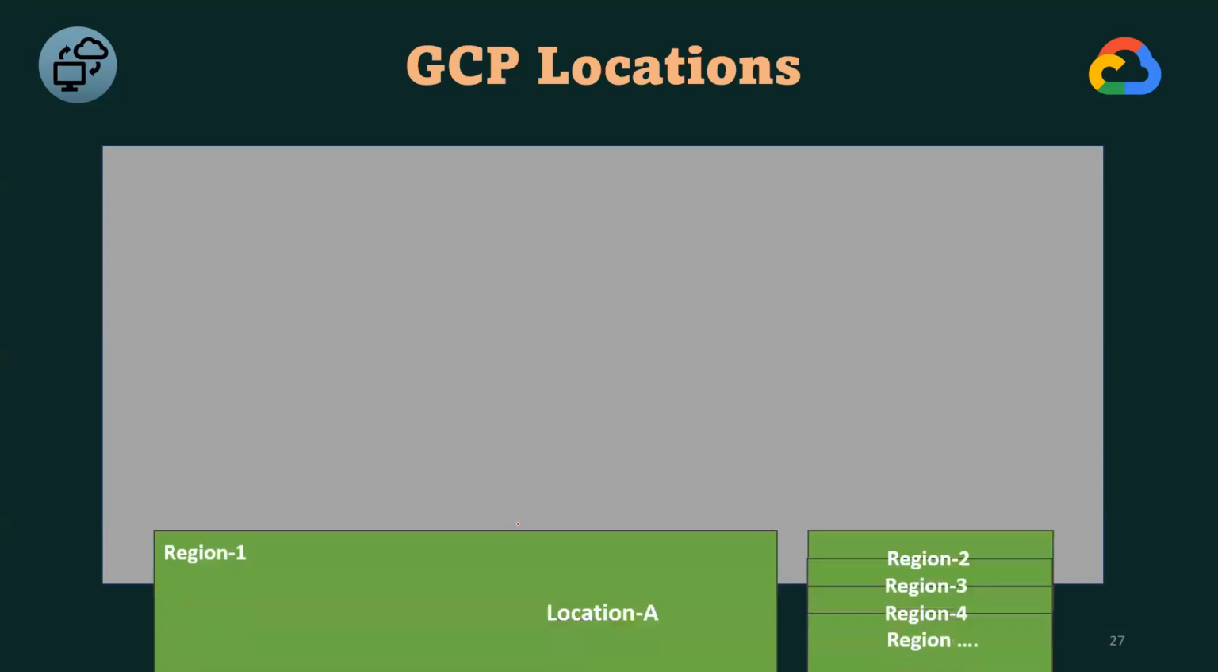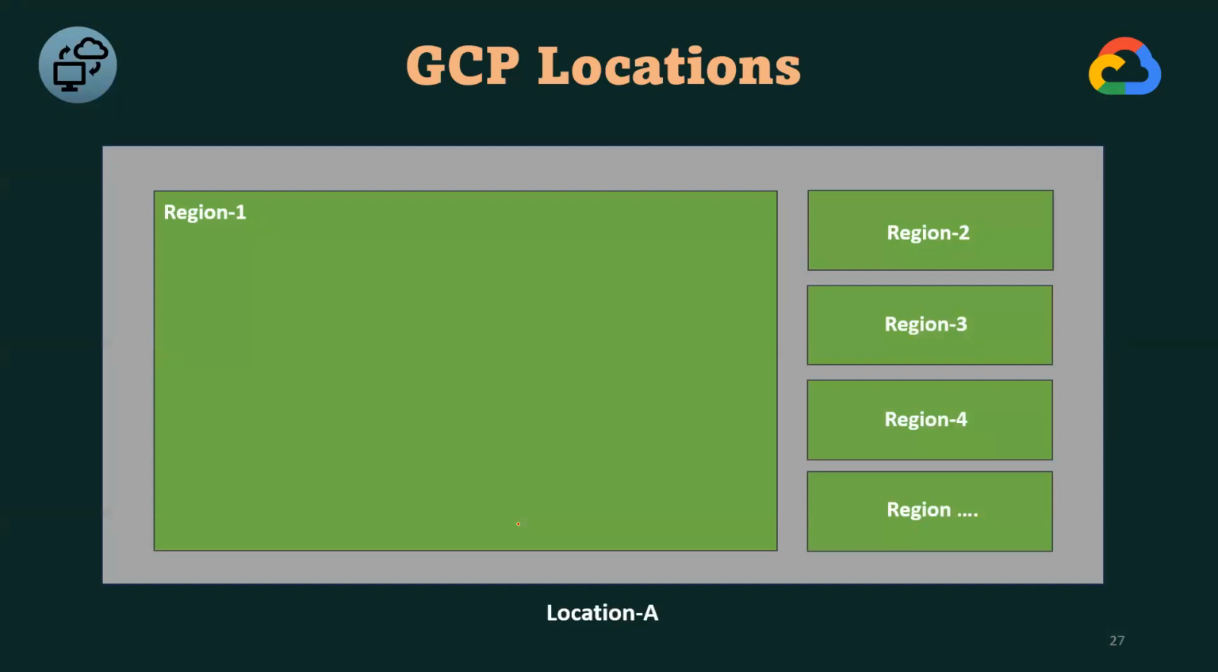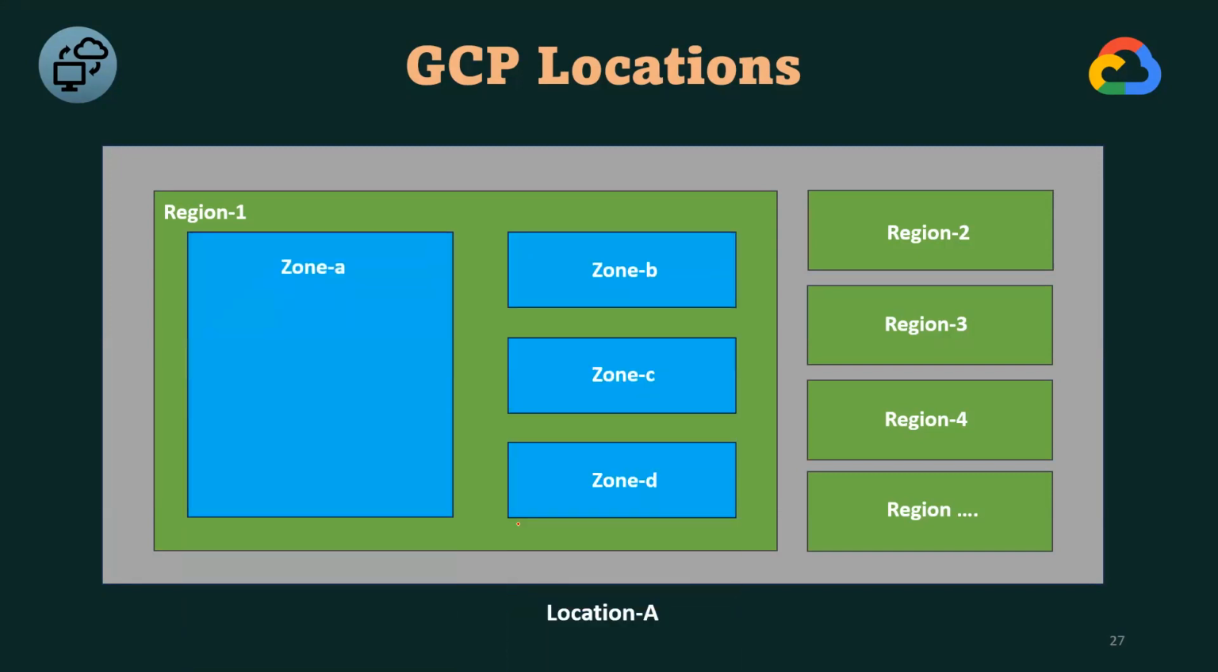Each location will be having regions: region 1, region 2, region 3, region 4. I'm talking about one location only, guys. If I take location A, that location will be having plenty of regions, and each region will be having plenty of zones. Region 1 will be having four zones, region 2 will also be having four zones, region 3 also will be having four zones. If I take one of the zones,